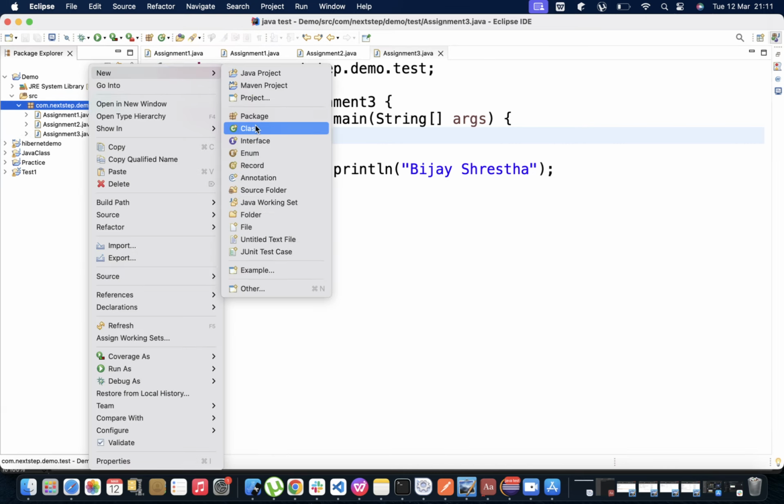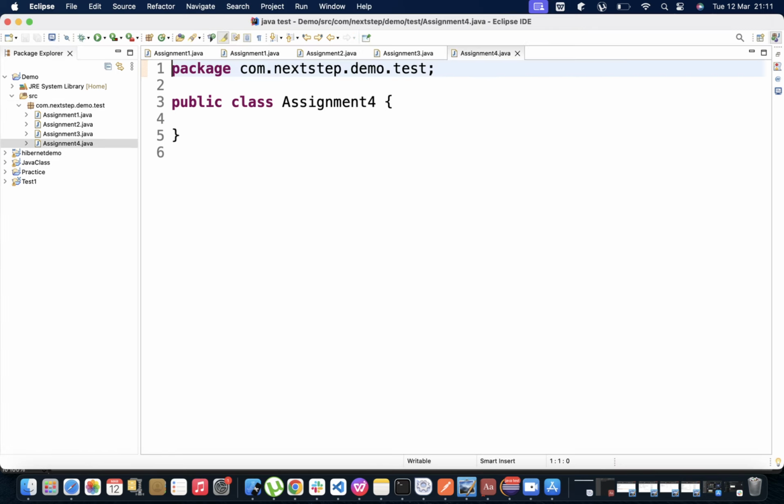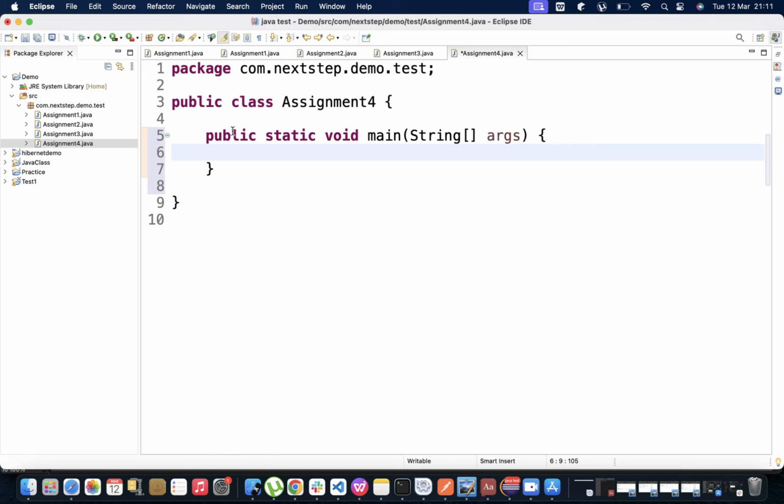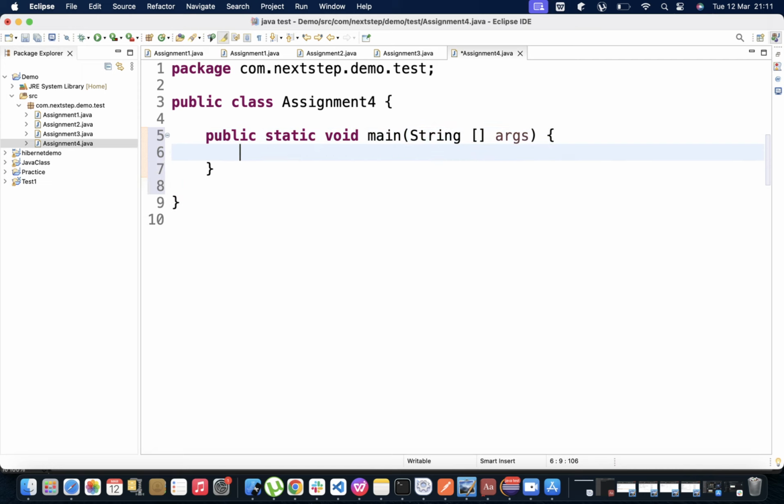ओके सो आज हामीले डिस्कस गरेकोमा अब एउटा फाइनल इक्जाम्पल गरौँ है। सो जुन चाहिँ हामीले फ्याक्टर फाइन्ड गरेका थियौँ त्यसको लागि चाहिँ म Assignment 4 भनेर दिन्छु। यसमा म एउटा मेन मेथड बनाउँछु। तपाईँहरूलाई मेन मेथड बनाउनु पर्ने main लेखेर कन्ट्रोल स्पेस थिच्न सक्नुहुन्छ है, यसले एउटा मेन मेथड आफै लेखिदिन्छ। अब यदि होइन तपाईँहरूलाई सिन्ट्याक्स याद गर्नु छ भने आफै टाइप गर्दा बेटर, public static void main, त्यसपछि String[], यो भनेको एरे हो, अनि args है। सो अहिले चाहिँ म 5 को फ्याक्टर निकाल्ने भएकोले एउटा भ्यालु 5 राखेँ।